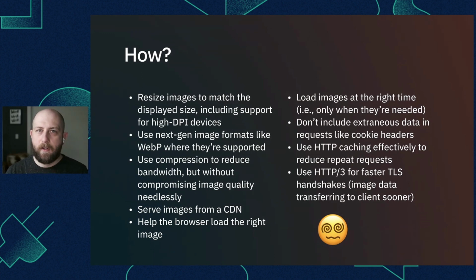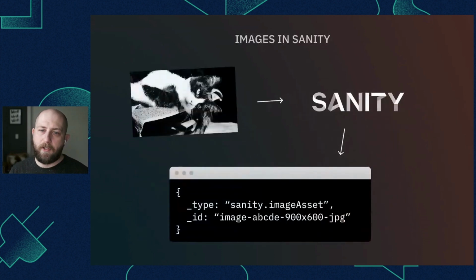So first of all, let's look at what happens when you upload an image to the Sanity studio. You grab this cute image of Gus, your little munchkin kitty, and you upload it to Sanity. Obviously they take that image and store it and make it available, but you also have this document that people aren't always looking at in the studio, that has this type of sanity.image asset, and